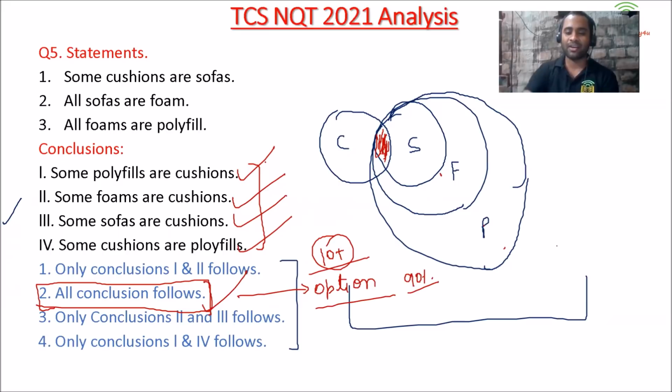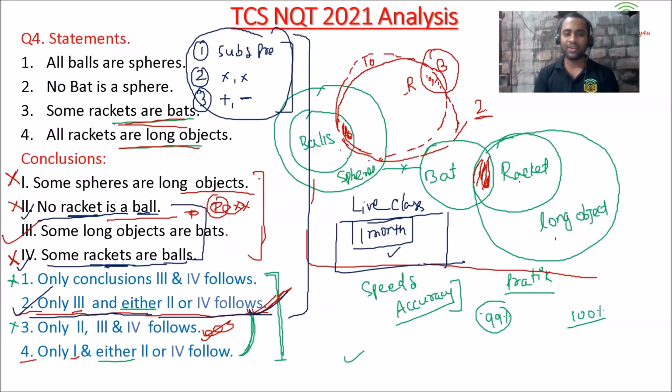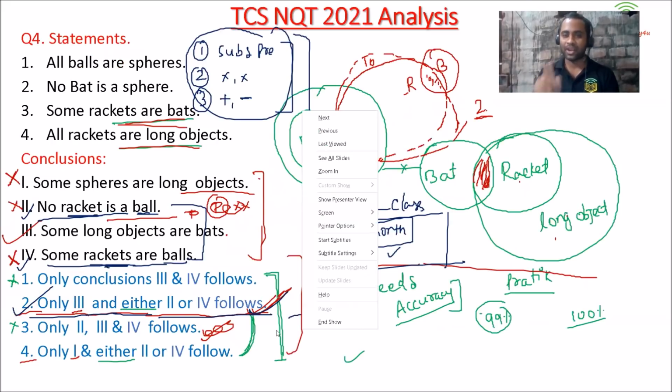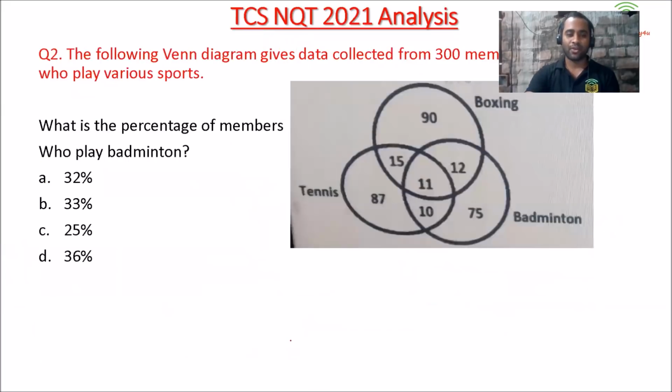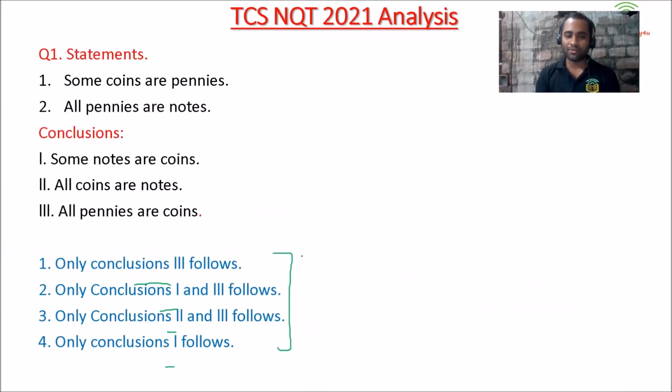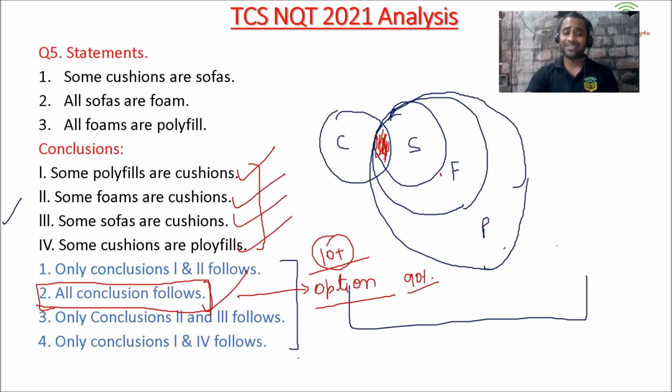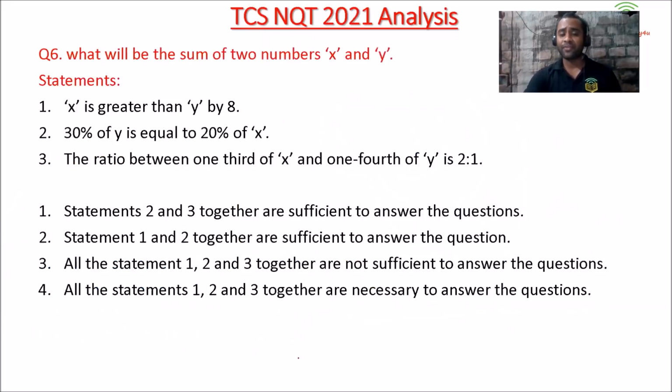Okay, see, you just go back. Did you see "all conclusions follow"? No, so your answer will not be all. You again go back. Did you see "all conclusions follow"? No, your answer will not be "all conclusions follow". So friends, trust me, if you practice more and more, and if you stay with me in the classes, then I will tell you how to guess and how to eliminate. These are the actual questions of the TCS NQT May edition. You can verify from the PDFs.